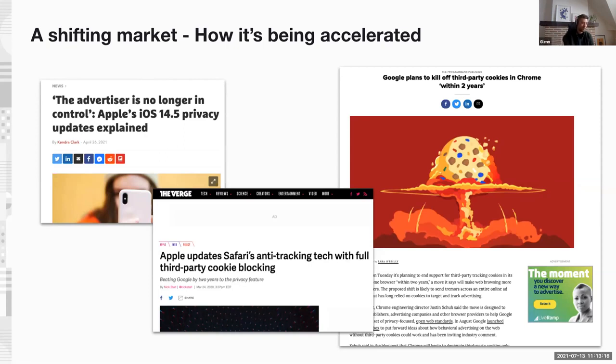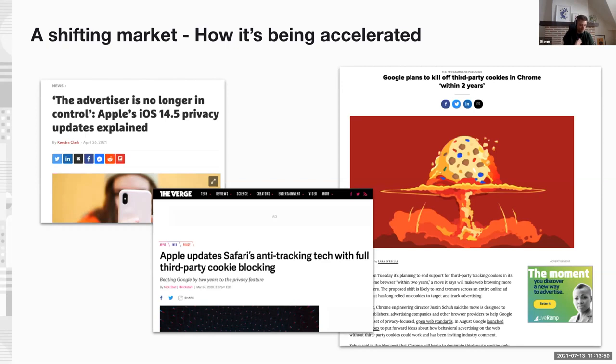Then we saw that ITP was rolled out through WebKit and embedded in Safari, having a huge impact on how cookies were being dropped. Then Apple rebranded as a privacy-centric company, iOS 14 being a major release for them, wreaking havoc in the entire marketing sector. And then we have the whole discussion on the cookie apocalypse and the future of measurement in Chrome, for instance. So everything is going all over the place, which forces companies to rethink how they are focusing on customer experience beyond simply acquiring users.